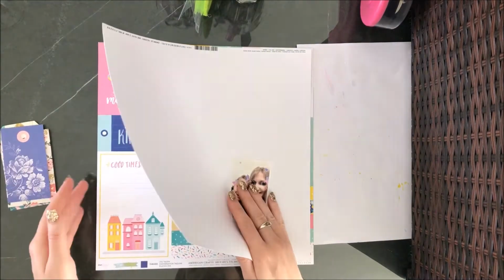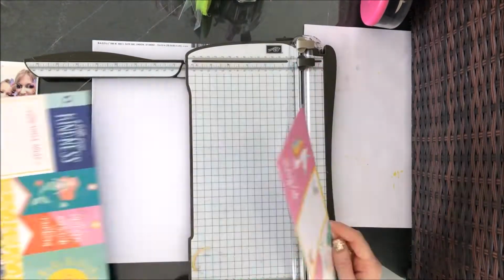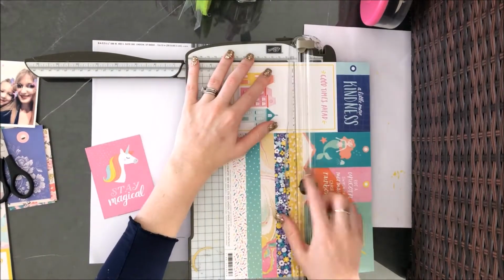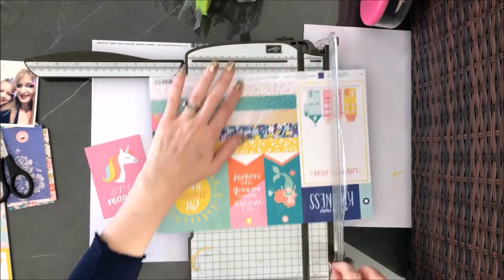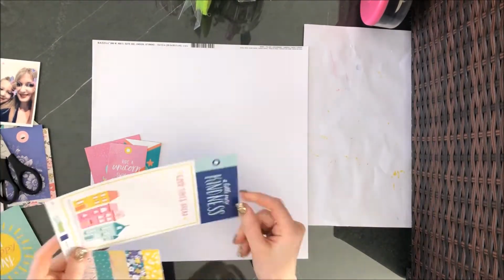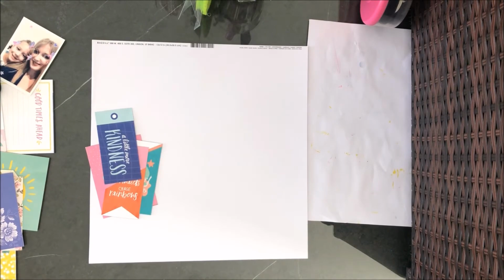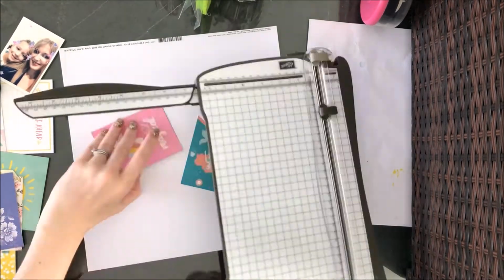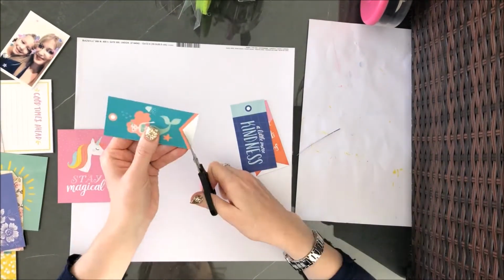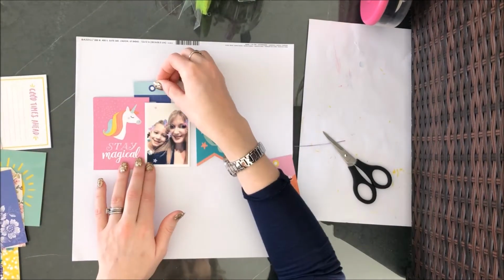This month our theme was to use tags on our layout. I was actually away on holiday while I was doing this layout. I always take some scrapbooking stuff with me, and I was pretty limited as to what I had. So I went through my stash. I had one pouch of embellishments that I call my use it or lose it pouch, and I went through there to see what tags I had in there, if any, and I found 4 Maggie Holmes